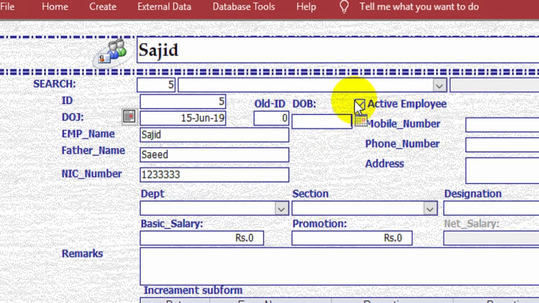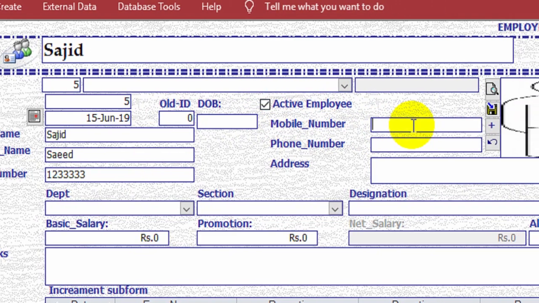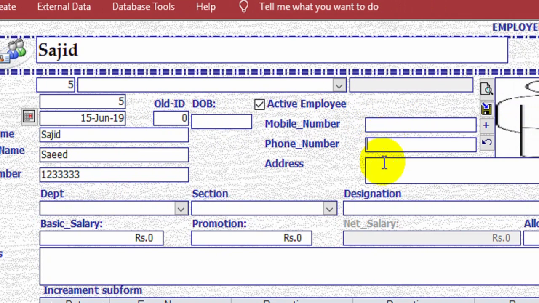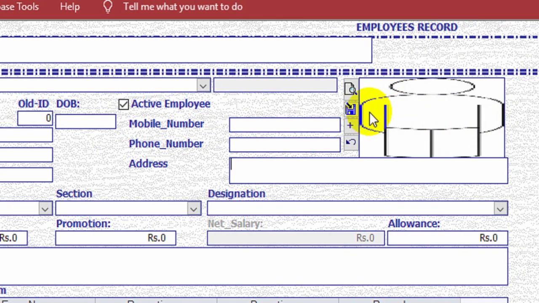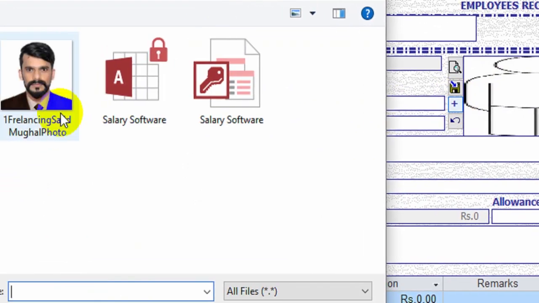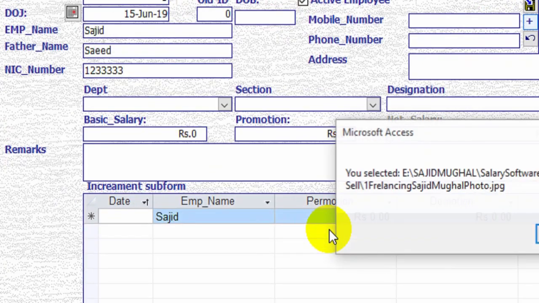Date of birth. Now here, active: is this employee active or not. Here you will write the mobile number, phone number, address, and here you can add the image. Like I'm adding a new image over here.